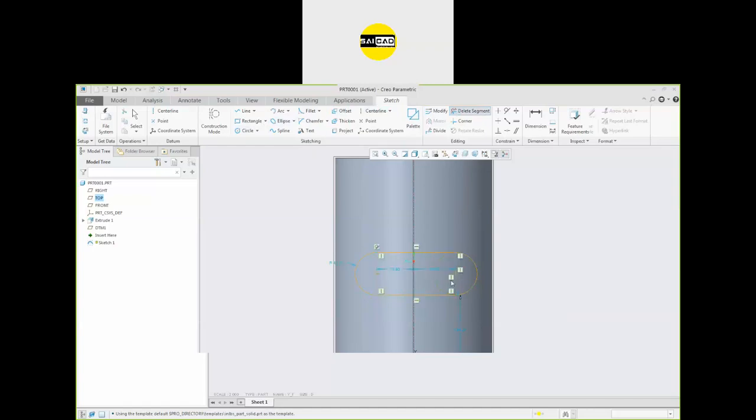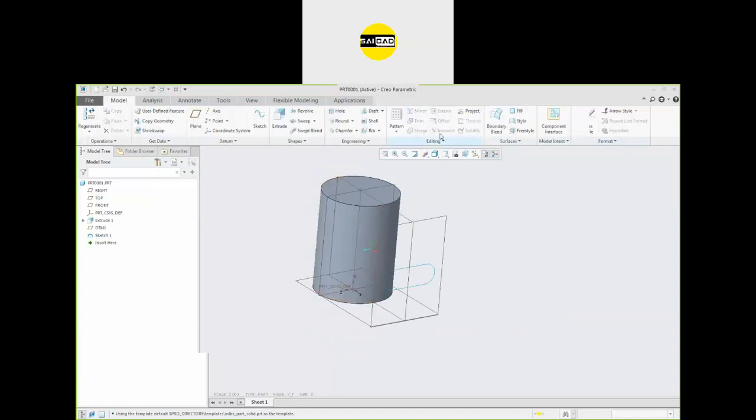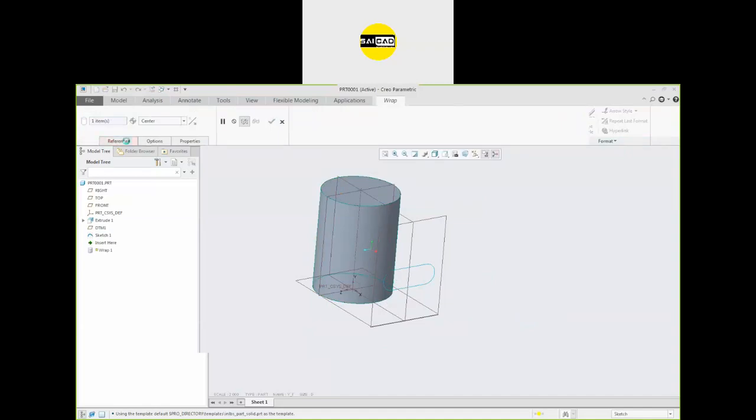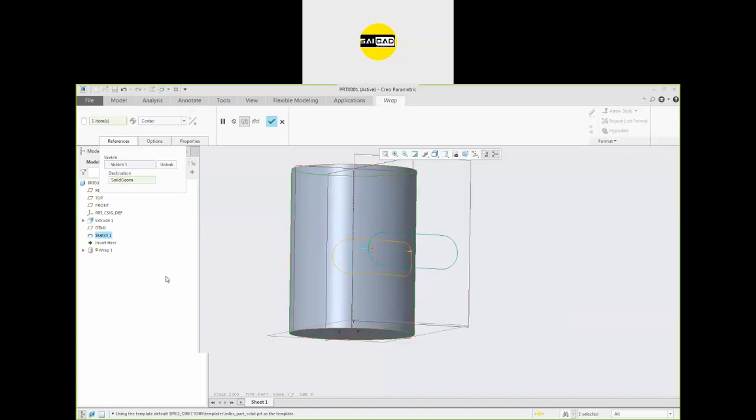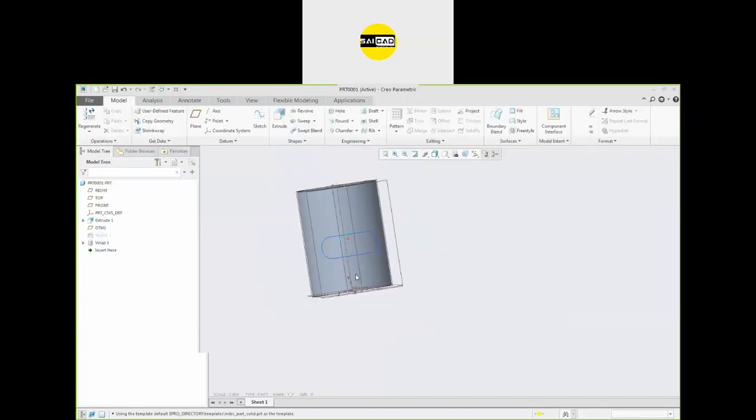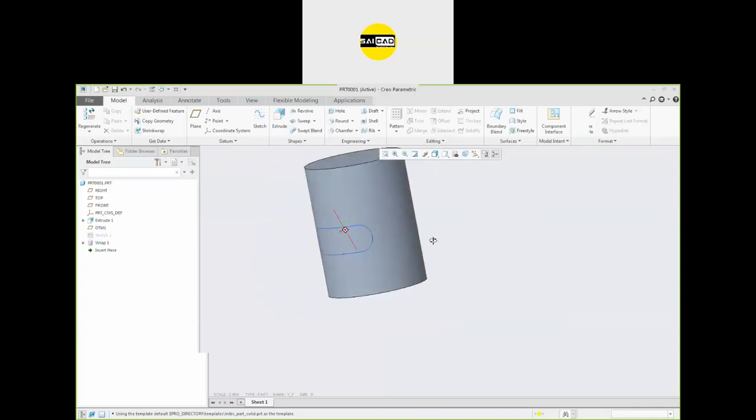So print everything inside. I want to print this one. So we have the option for the wrap. Okay, here you want to wrap. So this one is the sketch. You can see we have the wrap here. Okay, grab the wrap. You can do that.